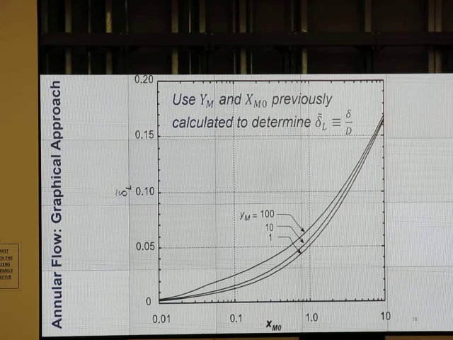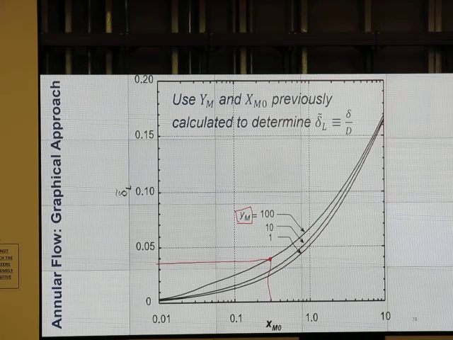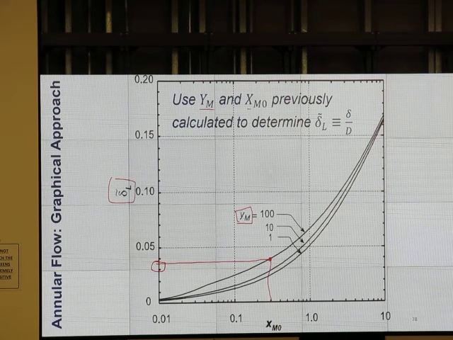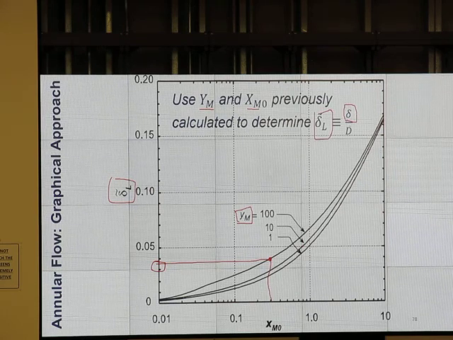Let's say I have upward flow and Y_M is 100. Okay. X is 0.3. I go up, reach the line, look on the left. Then I get the dimensionless film thickness. Good. Use Y_M and X_M0 previously calculated to determine the dimensionless film thickness. Dimensionless film thickness is the film thickness over pipe diameter. After I do this,